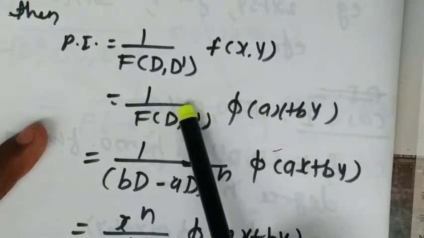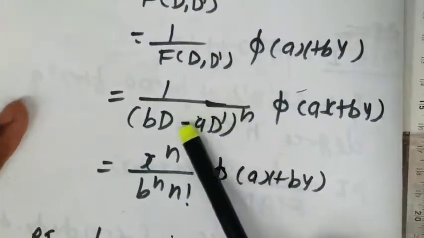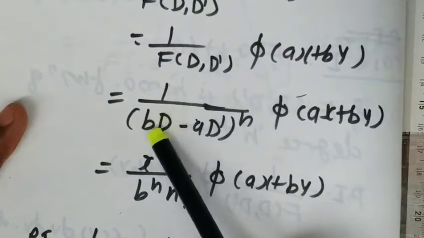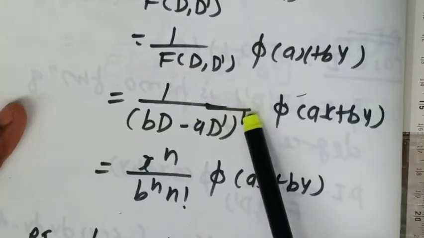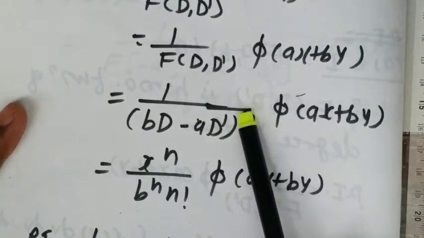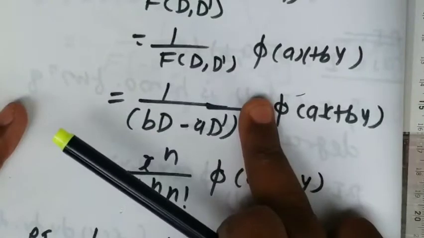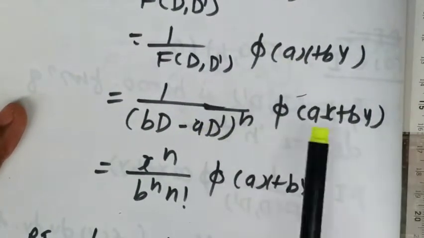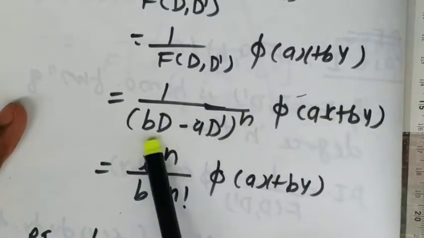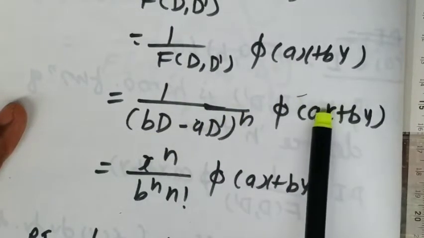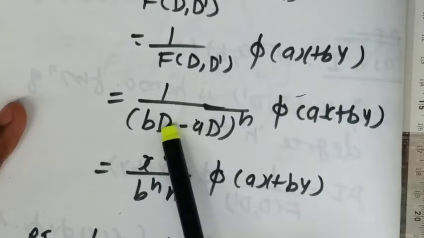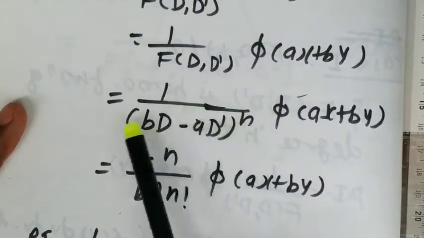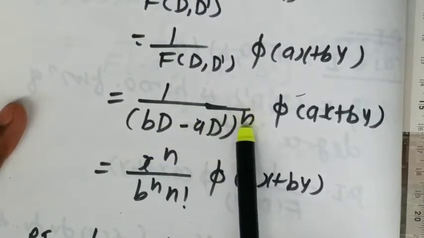Now when this f of d comma d dash is going to become 0, if in the denominator polynomial you have this type of factor, bd minus ad dash raised to n, it is repeated n times. Okay, if it is not repeated, only this type of factor will be there, but I have taken that this factor is repeated n times. Now if you put the values of a and b in f, what do we have? If you put a in place of d and b in place of d dash, we will get ba minus ab, which will become 0, means f of a comma b will become 0, and this factor is repeated n times.